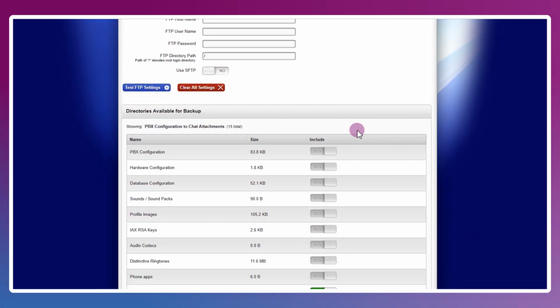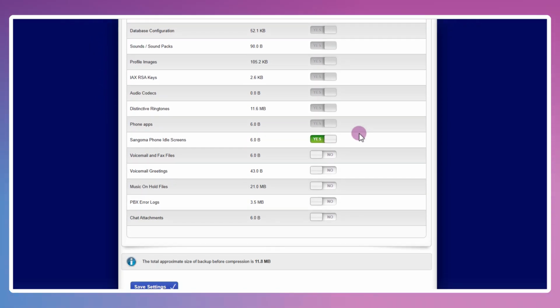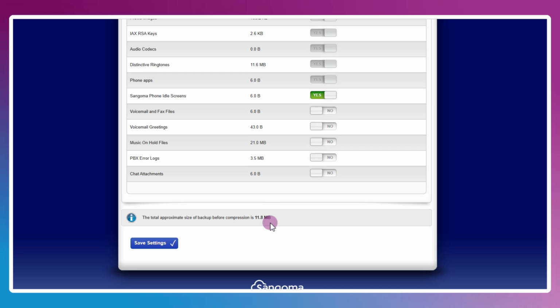Just as with the manual backup process, you're going to choose the configurable options to specify what exactly we're backing up. Now, of course, if you have chosen things like sounds and greetings to be backed up as well as error logs, these will grow with size over the course of the Switchvox lifespan. Since we have no way to mitigate that, these backups can become quite large and therefore take over the entire disk space. If that disk space becomes full, the Switchvox will cease to operate. This is why the FTP offloading is required.